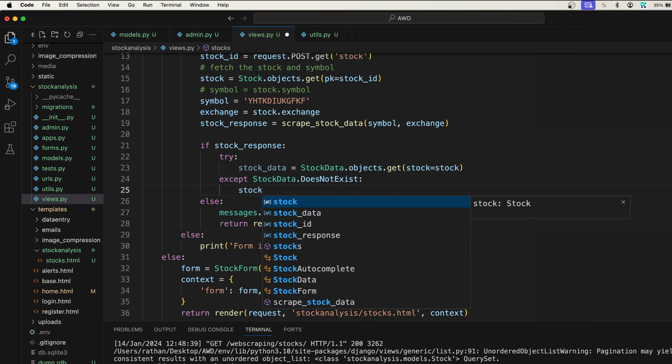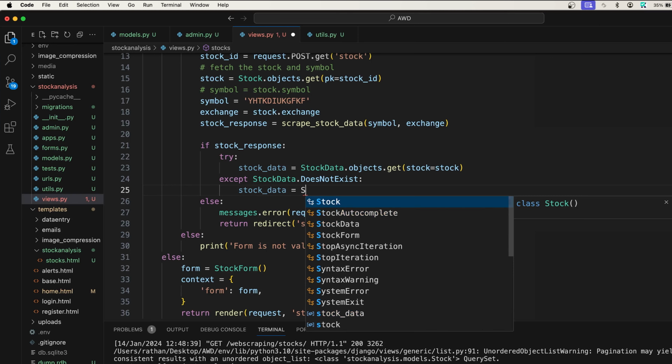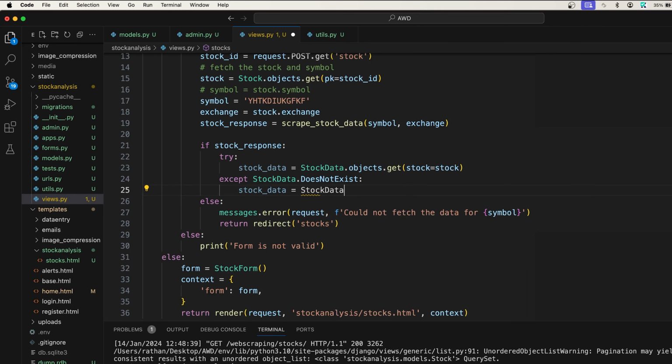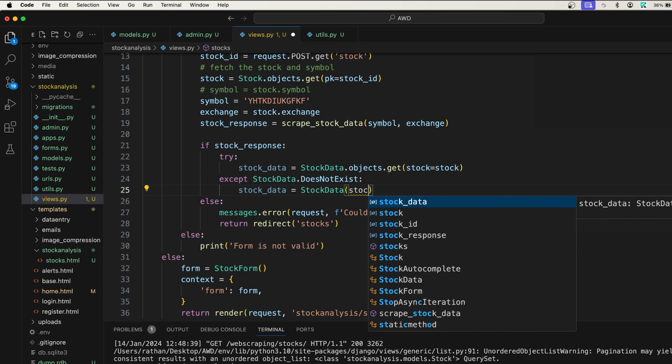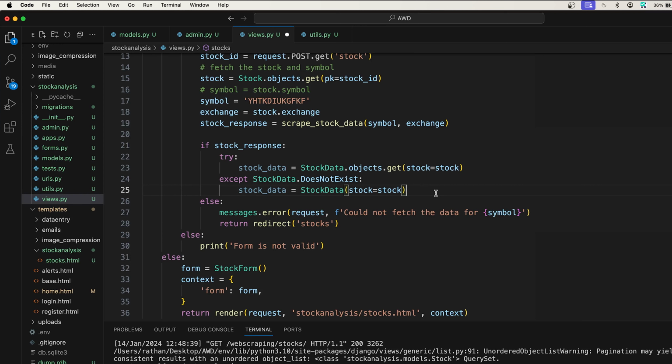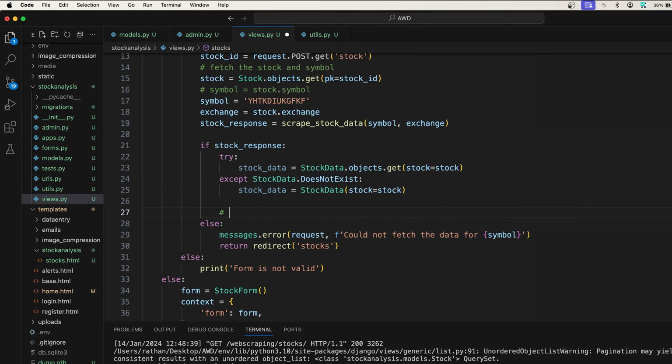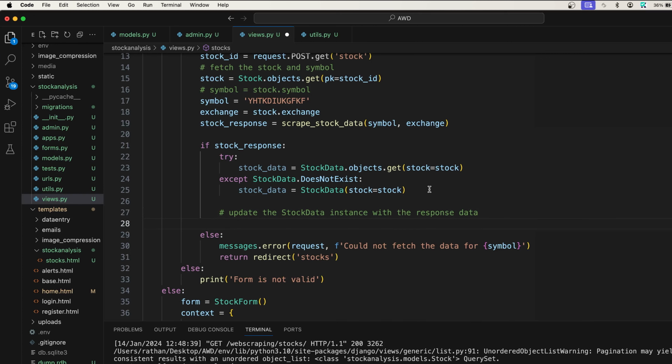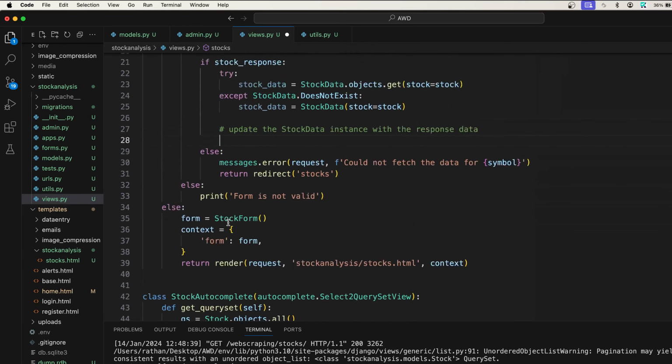then we'll say stock_data is equal to, let's initialize this StockData. We are actually creating the stock data if it does not exist in the database. All right, so let's say stock is equal to stock. Now at this point we will update the instance with the response data. Now just come out of this except block, and you see we have the data